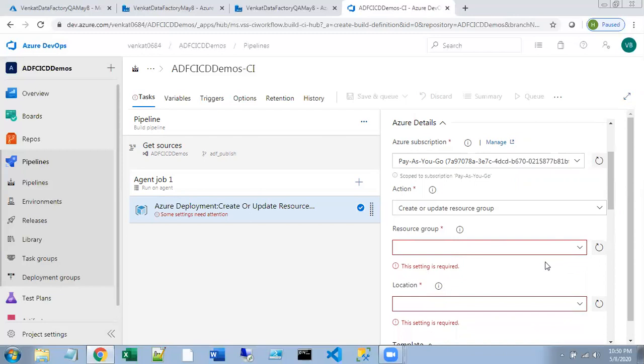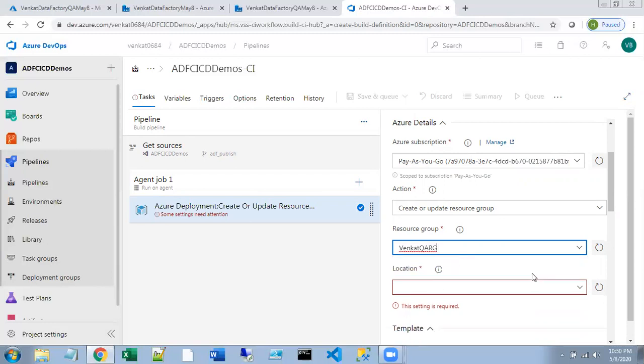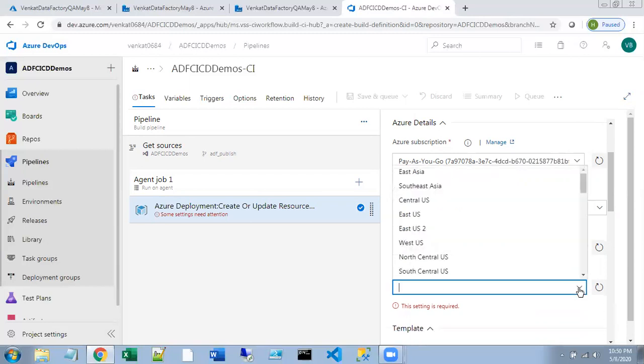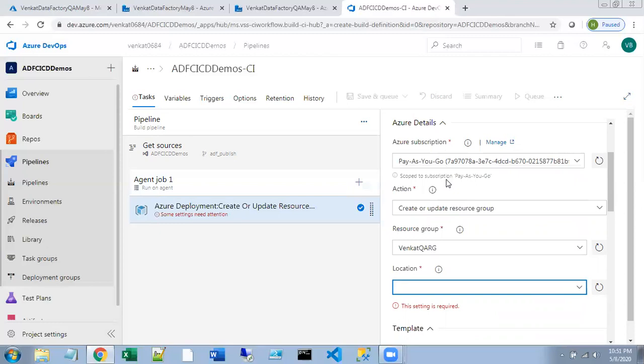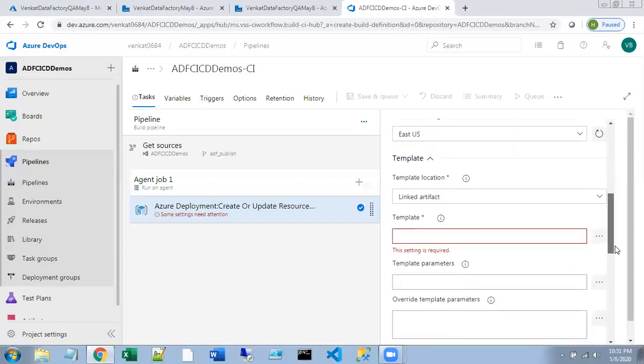So this is going to be my destination environment, right? So for that, you have to mention your QA resource group and the location. You can mention anything. If you see, this data factory was created in east to west, right? Let's select the same thing. Select the east to west. Now go back. You see, this is the template that you have to select.